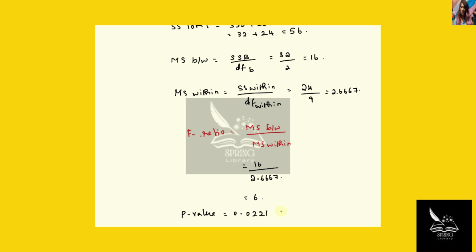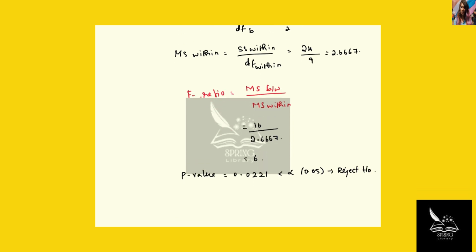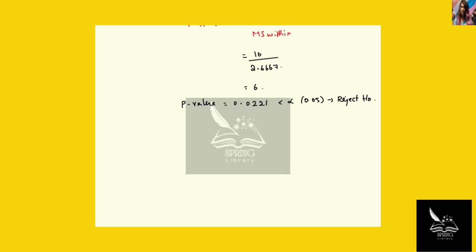0.0221, which is less than alpha 0.05. So we reject our null hypothesis H0. Now from the above data we need to frame the ANOVA table. The source of variation, sum of square, degrees of freedom, mean sum of square, F ratio, and then P value, which is here between, within, and then total: 32, 24, 56, 2, 9, 11, 16,